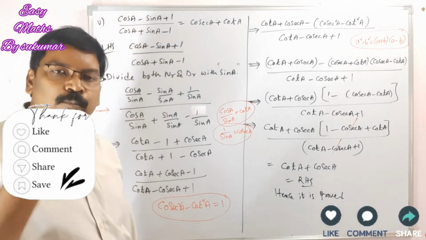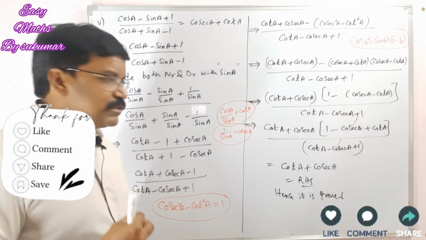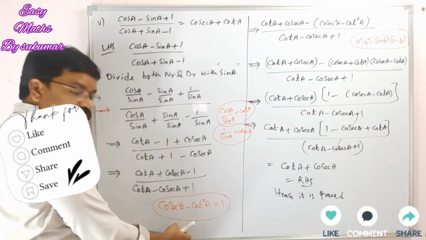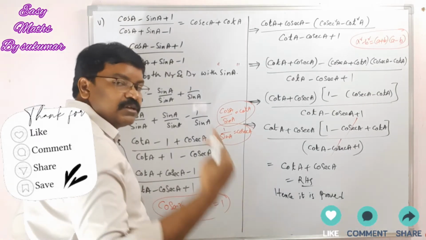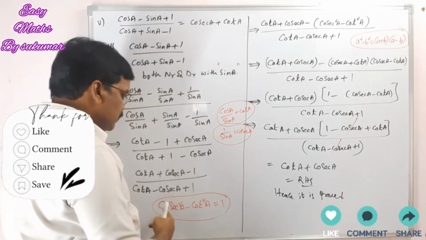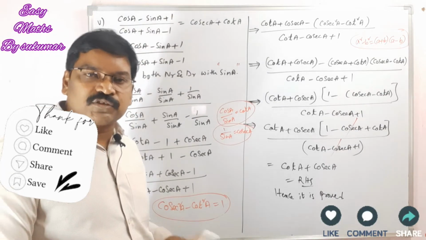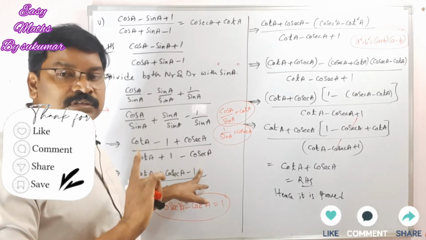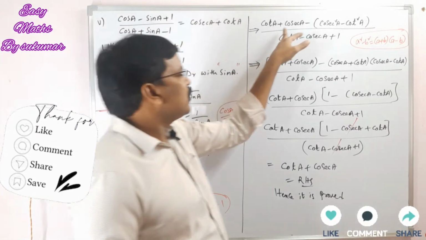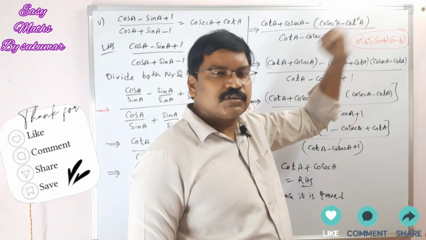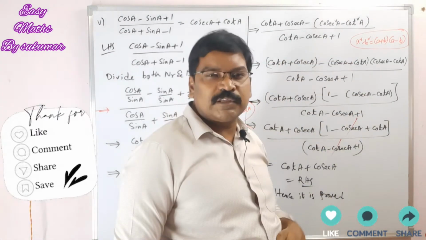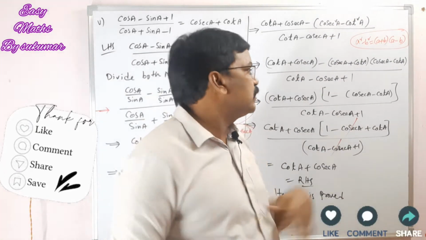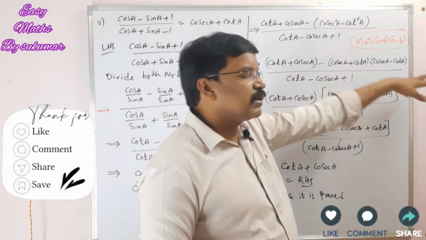And another important point here to remember is, the first point is divide with sin A, and the second point to remember is cosecant square A minus cot square A is equal to 1. So instead of this one, we should substitute this cosecant square A minus cot square A. Right, here only in the numerator, don't substitute in denominator. That means cot A plus cosecant A minus cosecant square A minus cot square A by cot A minus cosecant A plus 1. Here this is in the form of A square minus B square, that is A plus B times A minus B. That means cosecant A plus cot A times cosecant A minus cot A.